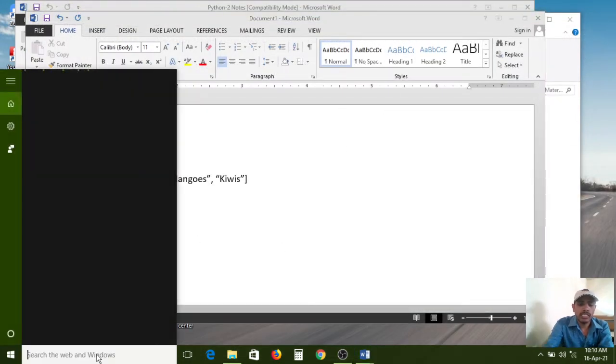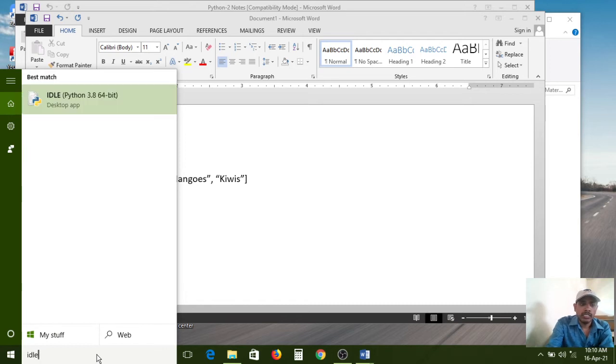The first one is IDLE. Simply type IDLE in your laptop or system. If you have the Python software, the icon will show in the search bar. If you type the first 4 letters, it will automatically search and show the icon.